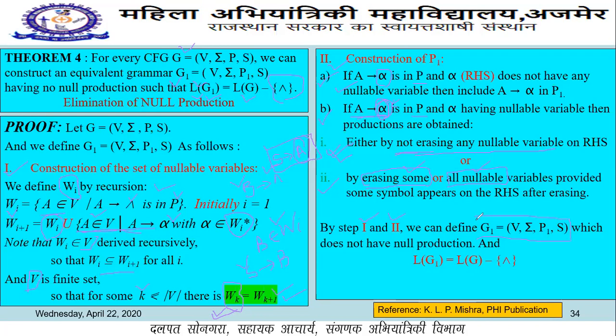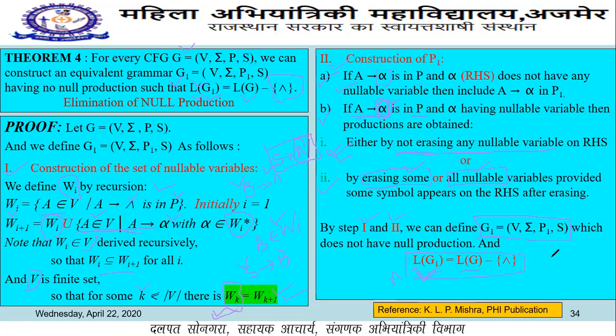In this simplified context free grammar, we construct G1, and this simplified context free grammar is equivalent to L of G, but L of G1 does not contain the null string, as it belongs to L of G. I think this is clear. If it is not clear, I repeat again.